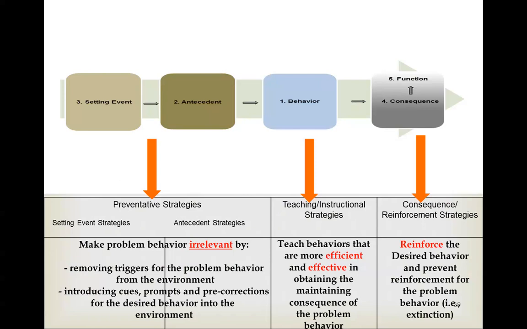All right, and so under prevention strategies, our goal is to make problem behavior irrelevant. That's another term you'll frequently hear with regard to FBAs and BIPs, but it is true at the other levels as well, as we'll see in a moment. By irrelevant, we mean we make problem behavior irrelevant because the conditions under which the student has learned the troubling behavior will be highly reinforcing are never encountered. We round all of our edges.